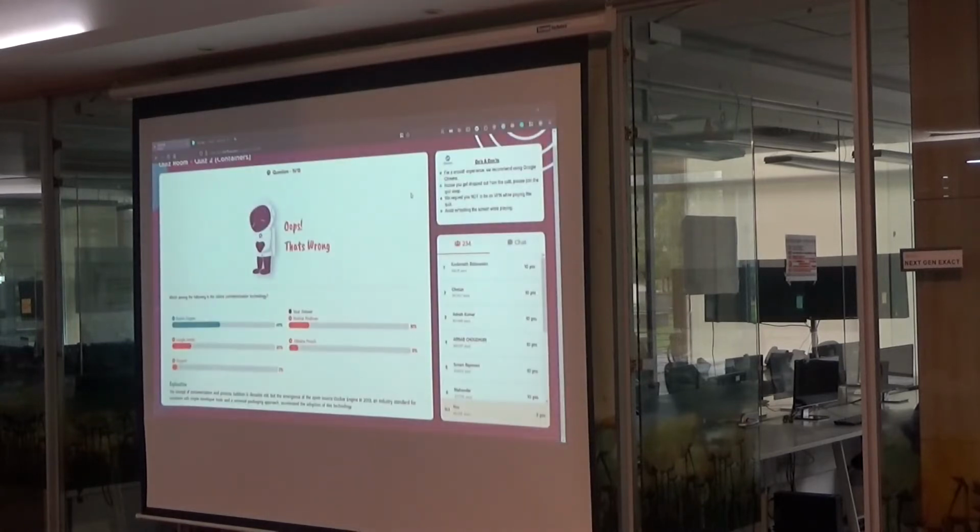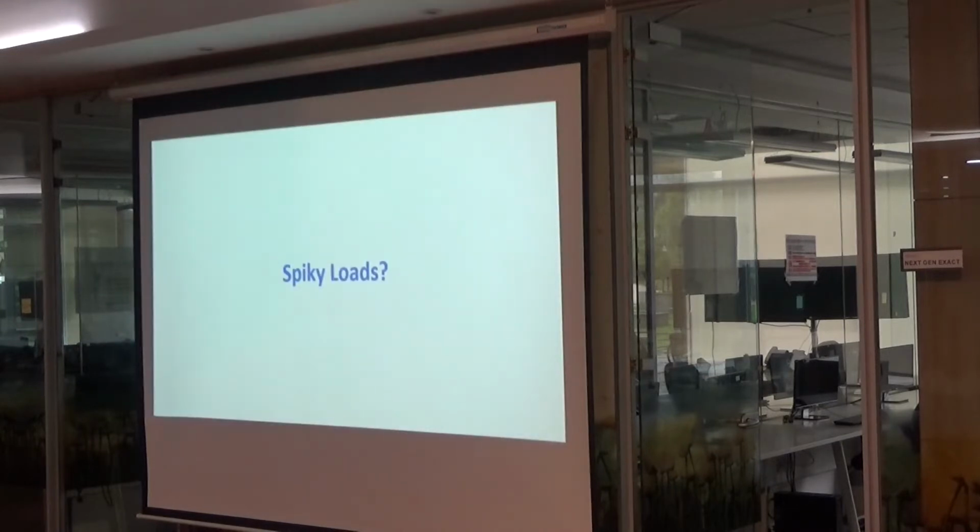All of this is built on serverless. I mean, it's all built on Azure. It's all serverless. There is no reserved capacity anywhere. And we really don't want to get into the business of reserving capacity, and I'll get into why. Because these quizzes are only played a couple of times a week. Wednesday evenings, Thursday evenings, Friday evenings. And this quiz duration is like 20 minutes at the most. 15 questions and we are done. So there's no point reserving capacity for something that's used 45 minutes to an hour per week.